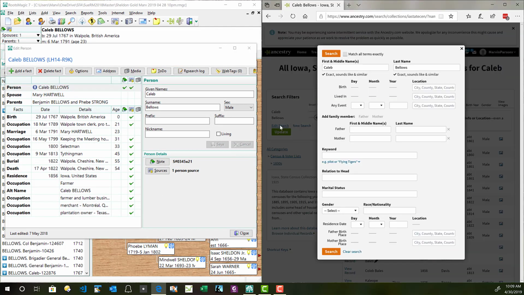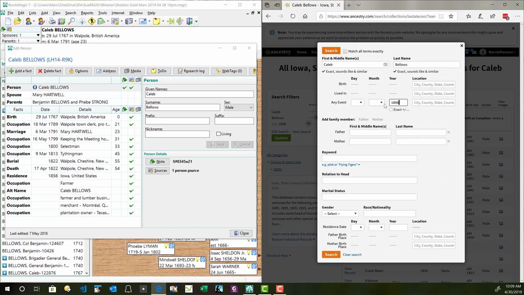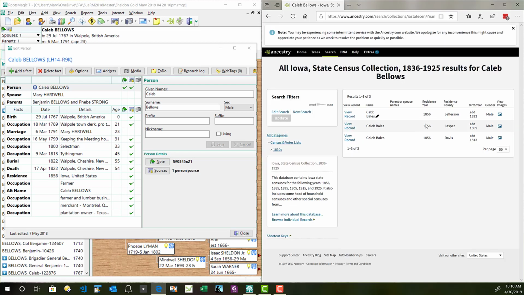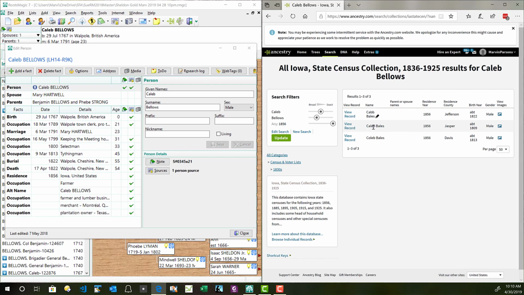If we edit our search and say any event that happened in 1856, then let's find that guy. Search for that. And it turns out that there are 3 that are possible matches, but none of them are spelled Caleb Bellows. And if we look at the birth year, all of these birth years are 1822, 1819. None of them are a birth year of our Caleb Bellows, which is